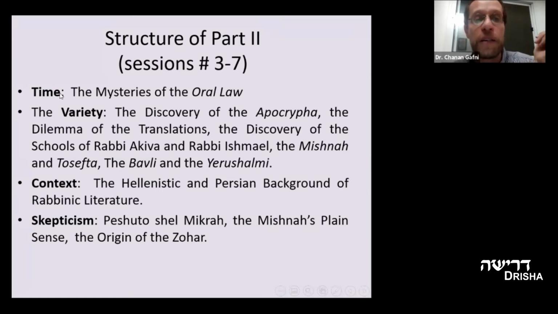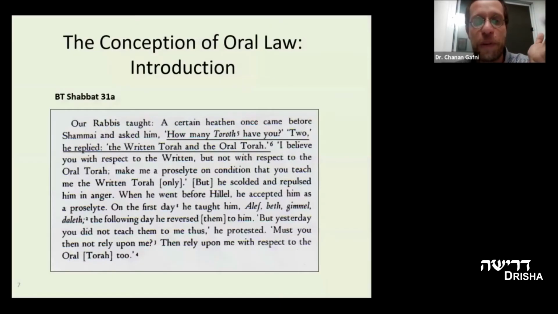So today, our session will be devoted to the time factor, to the understanding that the tradition is perhaps not necessarily stable or static, but rather there is some dynamics going on. And to be more specific, our theme will be the mysteries of the oral law. That's the particular theme of today's class. And we're starting with the sources themselves. So let's first ask,